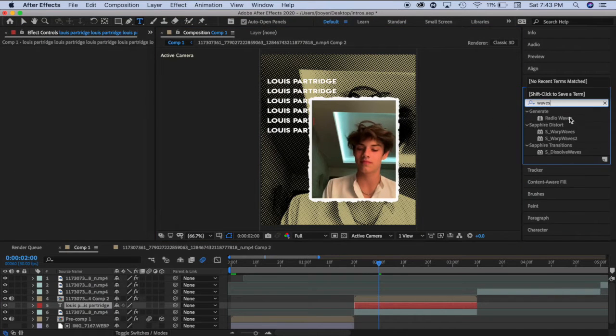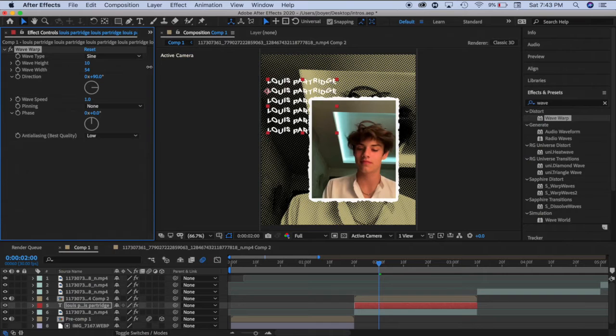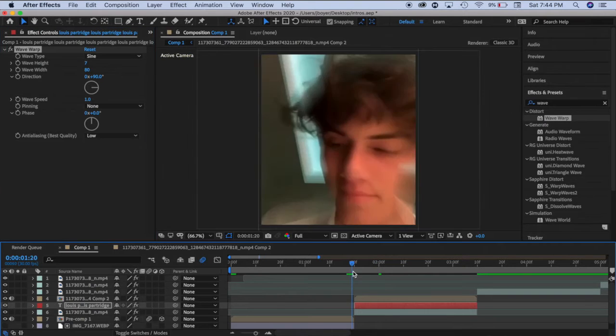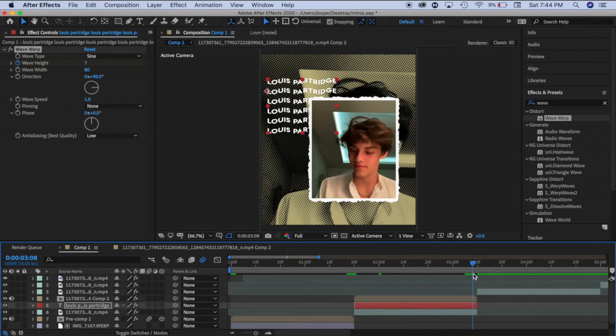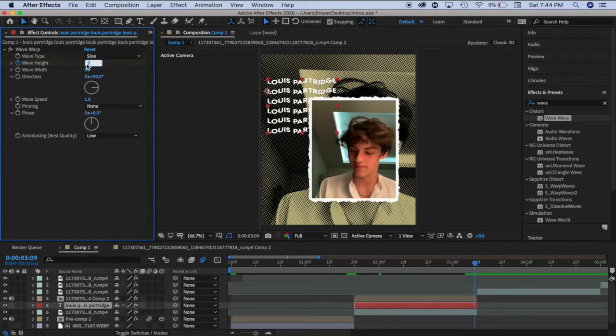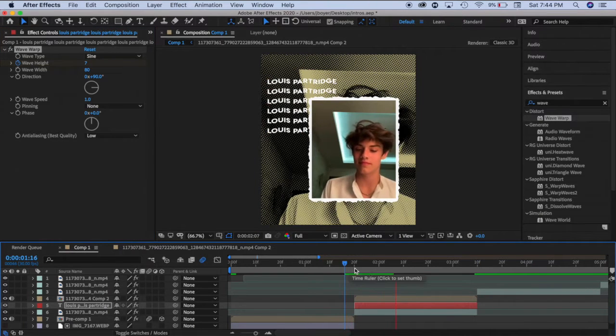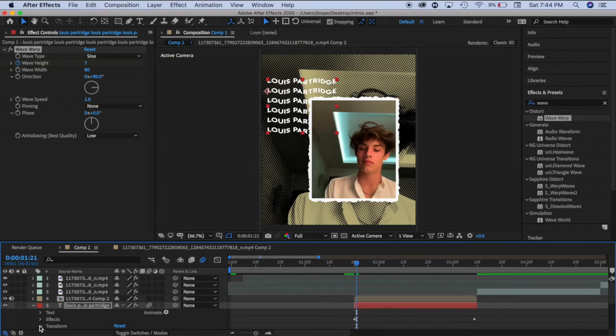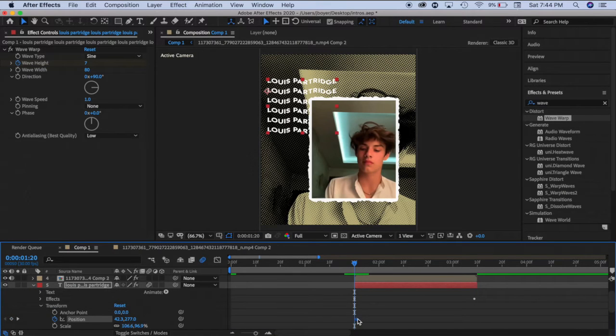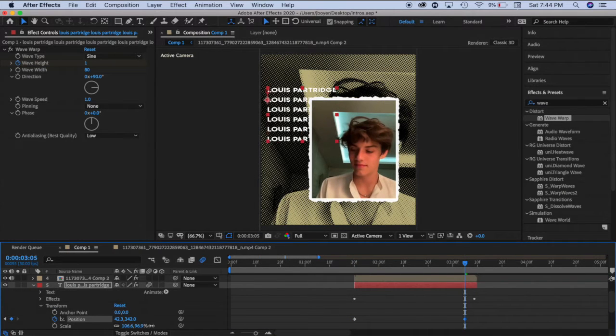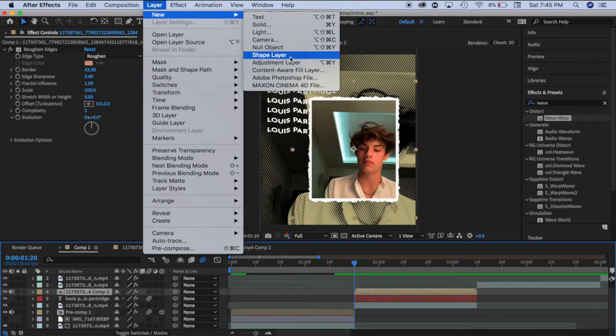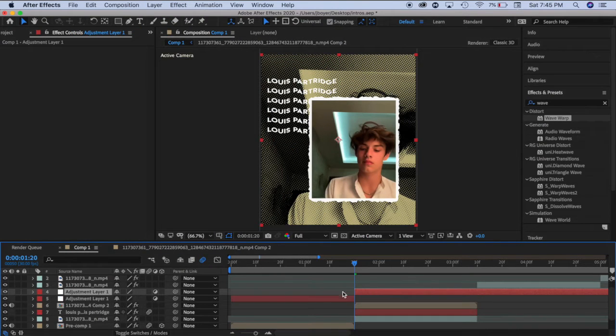And then I'm adding wave warp to my text, and you can just watch my settings if you want to know how I do it. It just gives a bit of movement to the text. And then I turn the motion blur on and just keyframe position and zoom it down a little bit, and that's it. And then I add an adjustment layer,